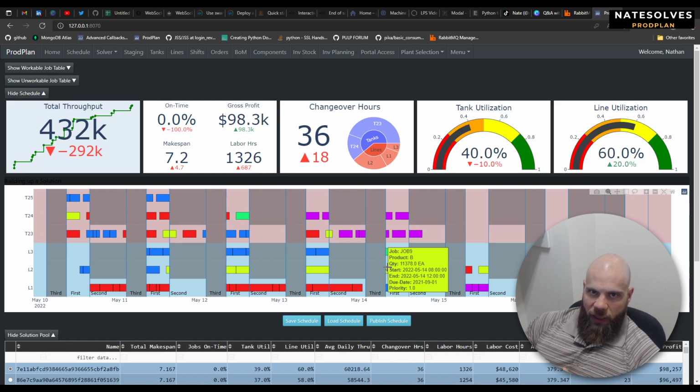So be careful where we have tight margins, and then go really hard when we have great margins, and maximize the throughput of those. But that is, at a high level view, what it would look like,